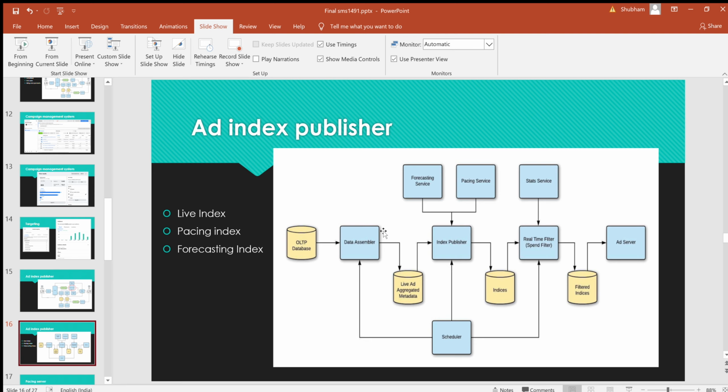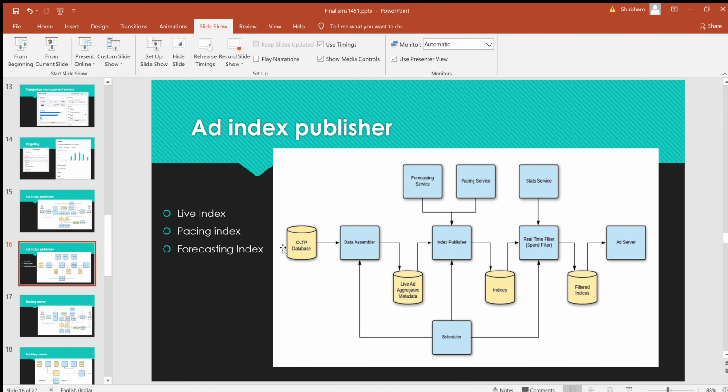The index publisher pre-calculates a lot of useful indices and saves time while serving the advertisement. Indices are published to some storage services, and based on those indices, the ad server loads the ads into memory periodically. This component is complex and needs numerous validations based on business rules. For validation of these complex rules, this system has multi-stage pipelines.